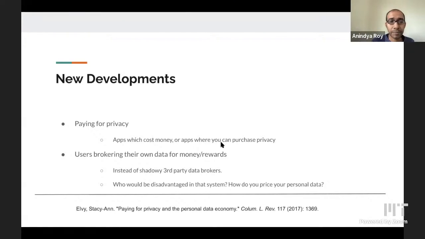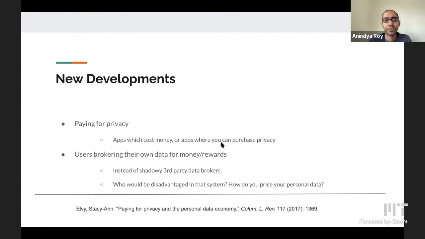Now there are also users who are brokering, who are approaching the users directly for money or some other kind of rewards. And this is happening right in front of you. So you are not dealing with some shadowy third-party brokers, where, let's say, you go to the New York Times, and the New York Times sells your data to some other company that you have never heard of. They're coming to you directly, and you decide how much to charge them for it. It's a so-called free marketplace of your personal data, and you choose what to do with it. Now, there are concerns about that as well.